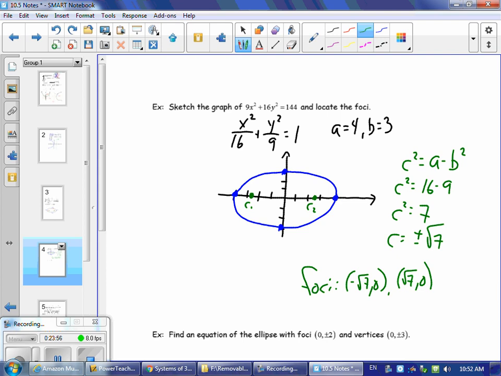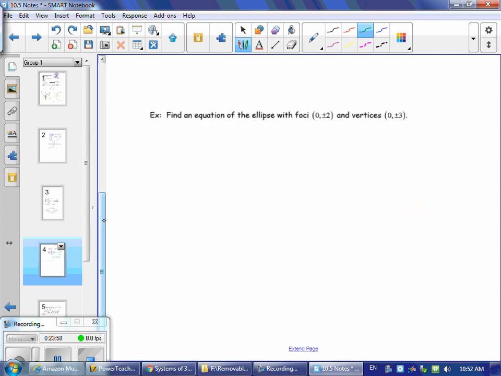All right, let's say instead we are given the information that we want to find an equation of the ellipse with foci and vertices given to us. So now they're giving us that information. We want to be able to write the equation from it. So the first thing we should notice is, okay, the foci and the vertices are both on the y,